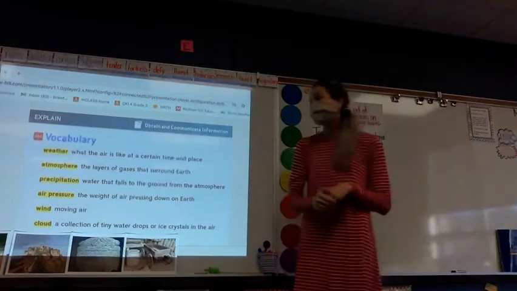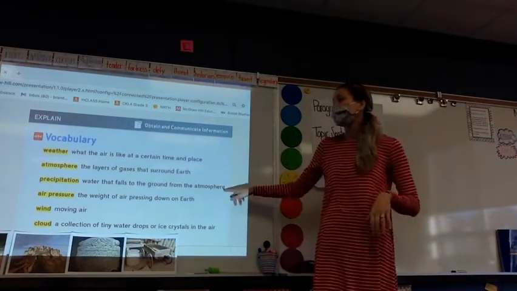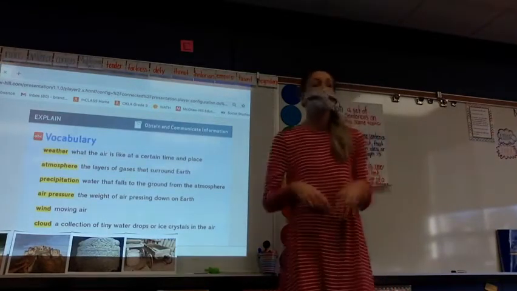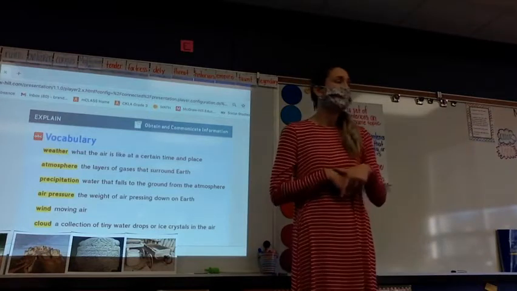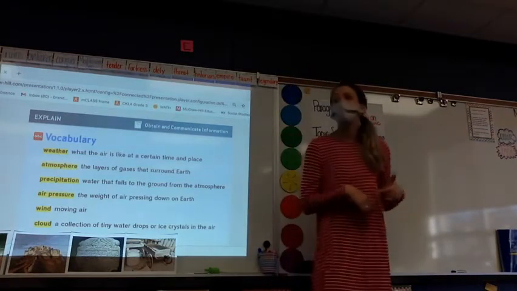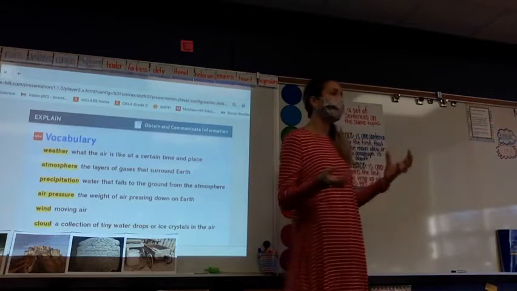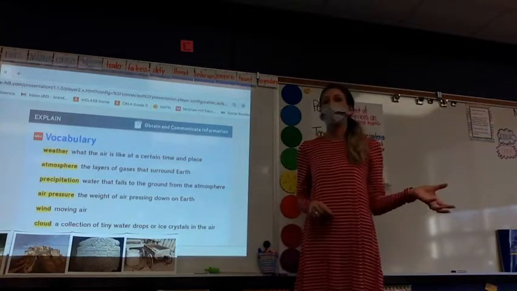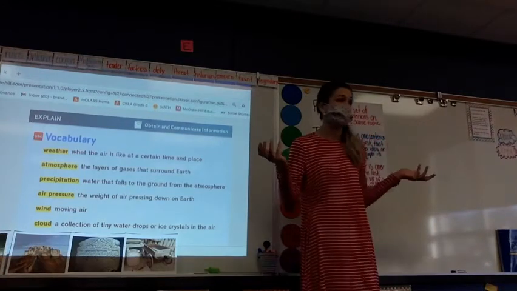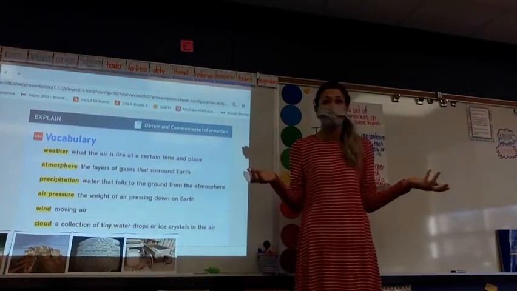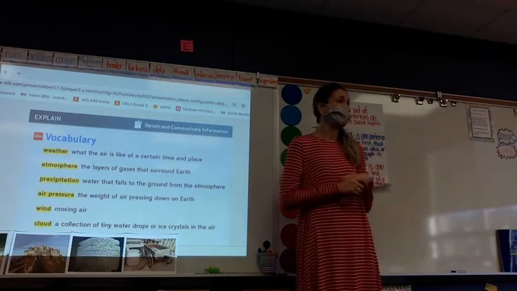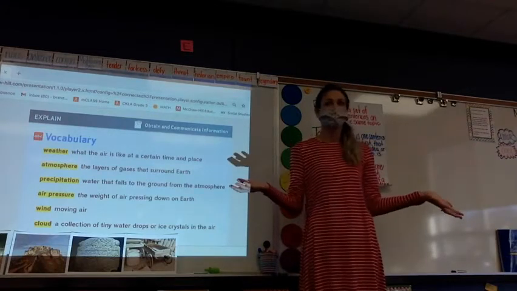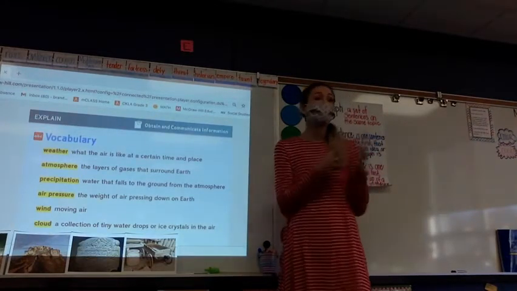Our next word, one I know you're all familiar with, but is a little trickier, is precipitation. What's our word? Precipitation. Precipitation is water that falls to the ground from the atmosphere. And as we go through, we'll talk about what that precipitation can be. But it's not always going to be water in the form of water. It might be water in the form of ice. What is water that's in the form of ice as it comes from the sky? Hail. It might be frozen flakes. Snow. Sometimes you're going to have a mixture of those.